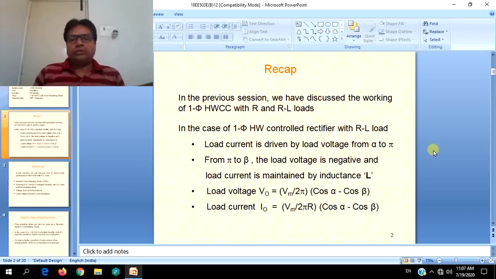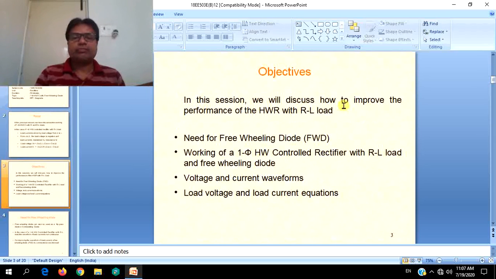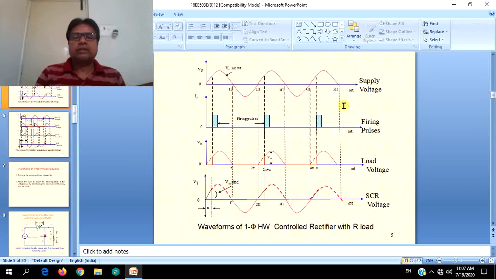To actually go into today's discussion, we will once again go through the waveforms of both the circuits, where the load is only resistive and also when the load is a combination of resistance and inductance. When the load is resistive, these are the waveforms which we have discussed. Supply voltage is a sinusoid and can be expressed as Vs equal to Vm sin omega t,